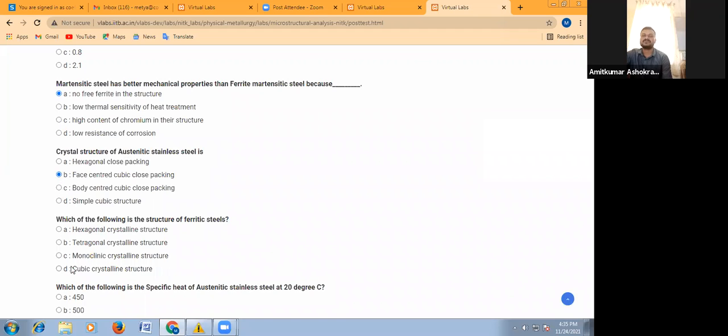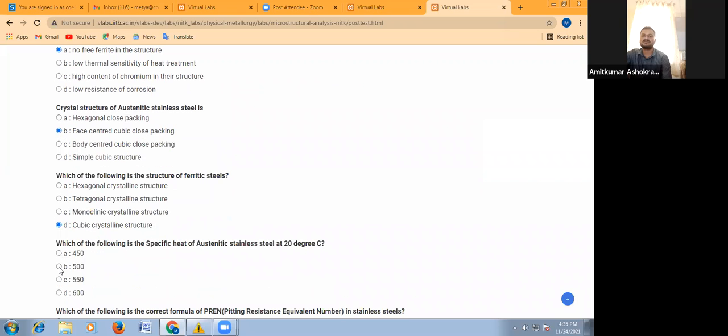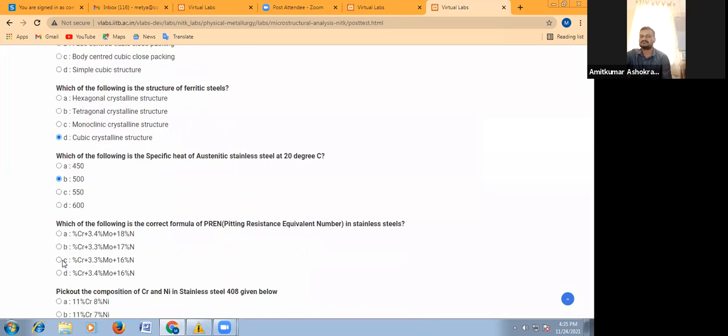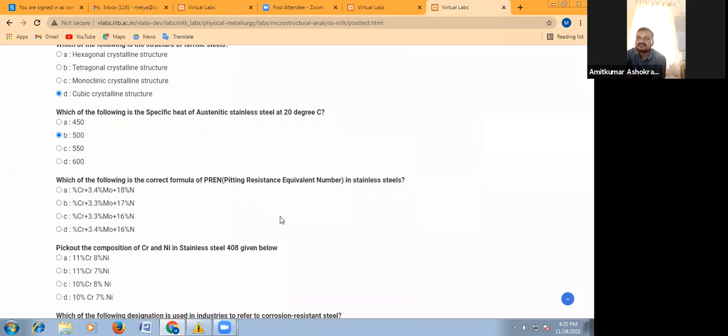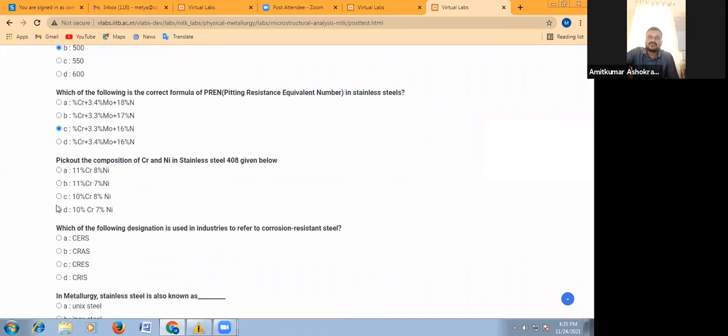Austenitic stainless steel, ferritic steel, cubic, decomposition, chromium, nickel.